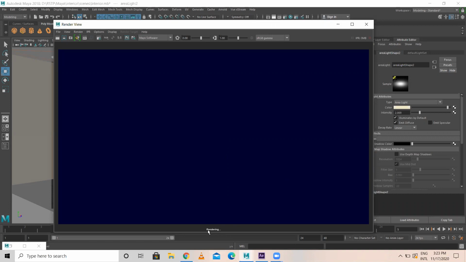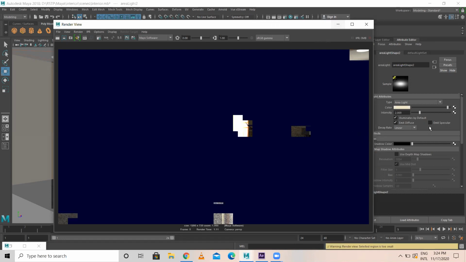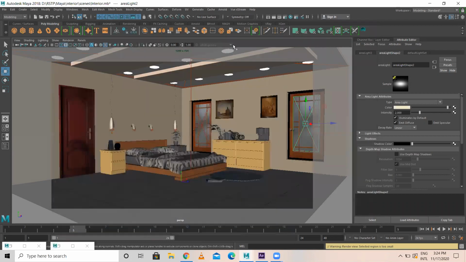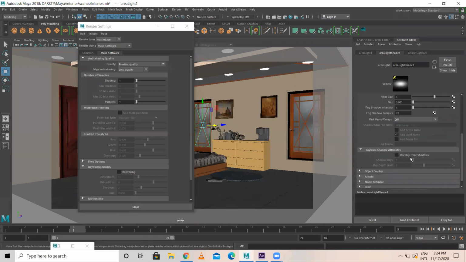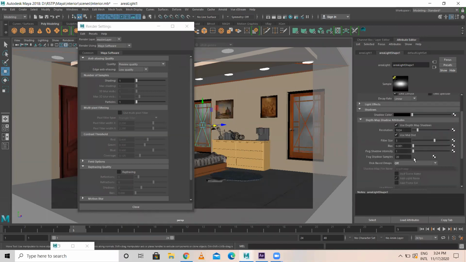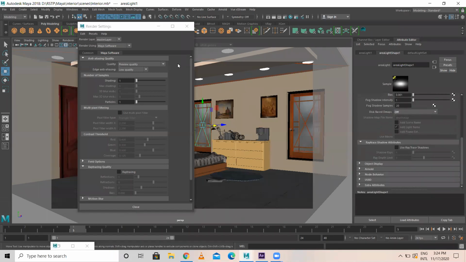Okay, it's taking time. See, it's rendering. There are some situations wherein one frame takes 1 hour, 2 hours to render, like that. For example, the Transformers movie. Okay, now again there are a few pixels over here. I think that's because of this linear. We have to make this no decay and reduce the value. Then we have to render. Now what I'll do, instead of production, I'll give it preview quality. Turn off ray tracing. Both shadows I turn on. Depth map shadow. Only one type of shadow will be present. If you turn on depth map, automatically this will turn off.